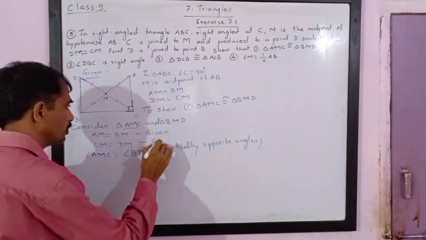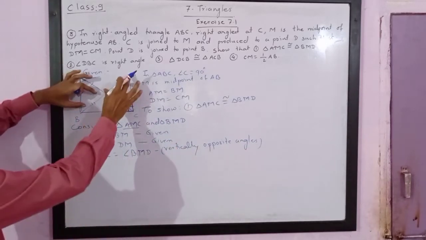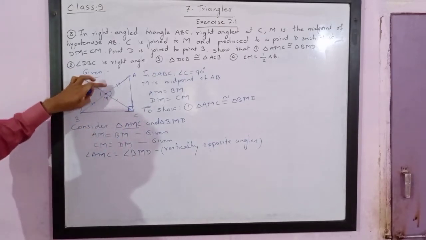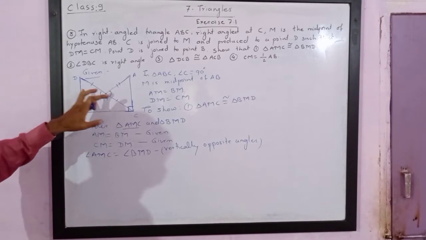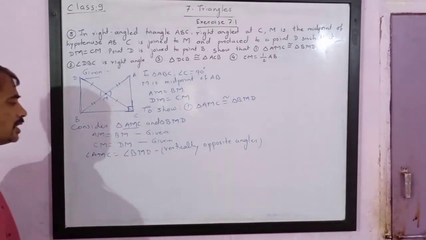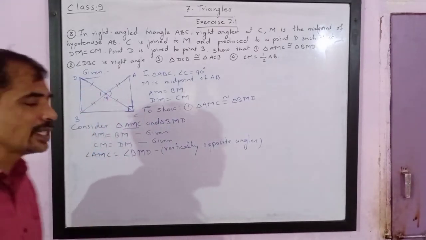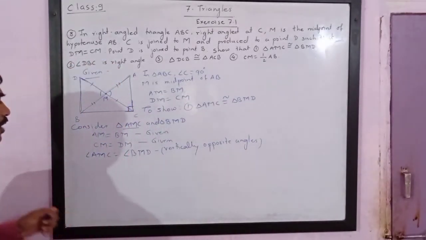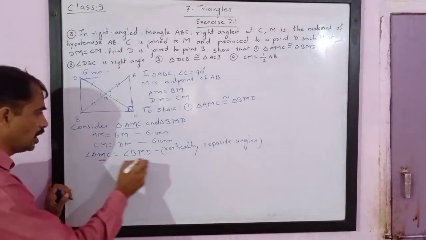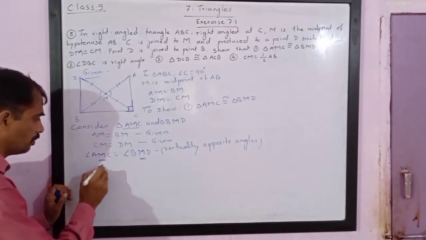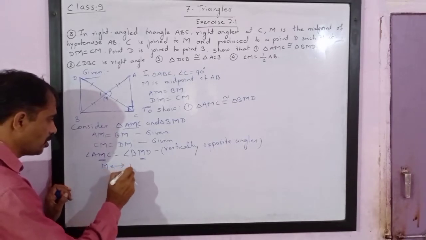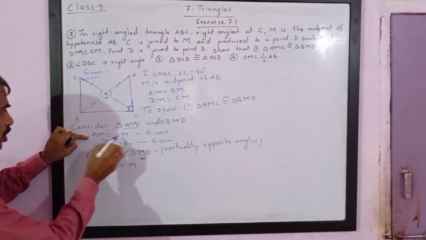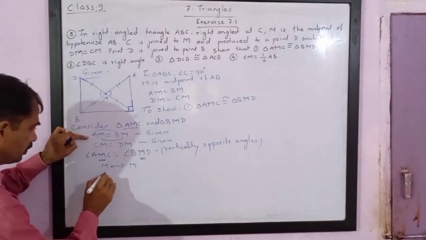Watch carefully. We have got two sides congruent and the included angle congruent. The angle is included by the congruent sides. It means these two triangles are congruent by the SAS test. But for writing the SAS test, we must know the one-to-one correspondence. So here try to understand. From the angle we will write first: M corresponds to M. It means A must correspond to B.